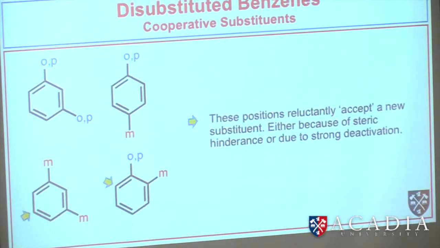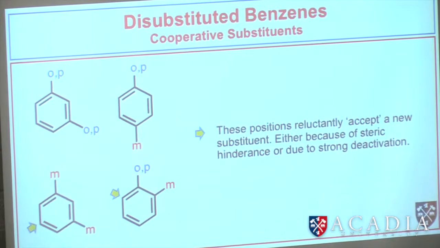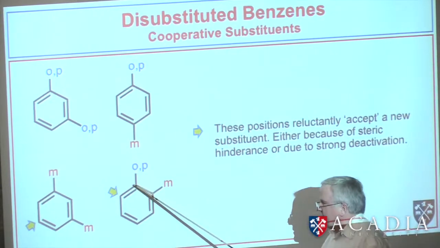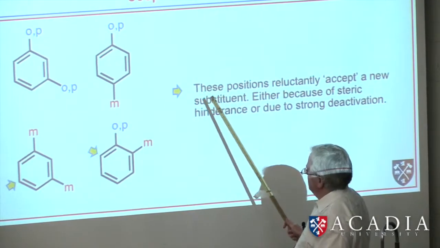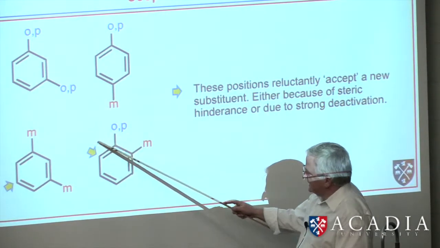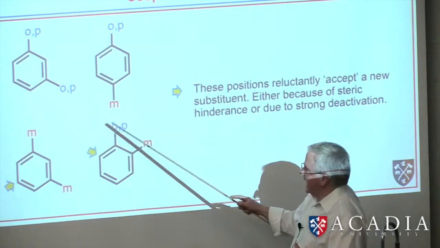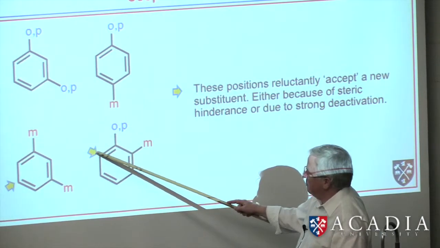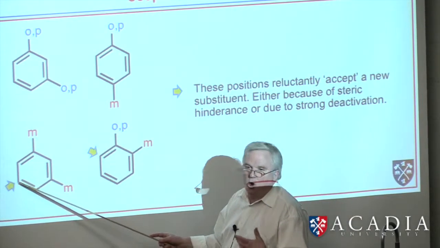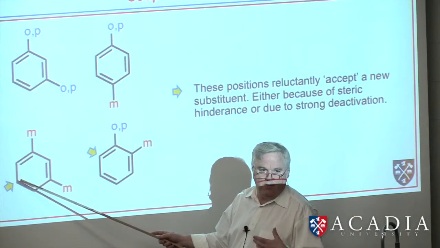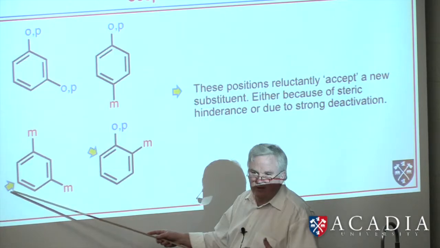The next one is an amber light. This one is the position of choice. I'm sorry, it's not the position of choice. This one is less reactive than this position, mostly just because of the steric hindrance. This one is the only choice for substitution to go to, but the reason we have an amber light there,